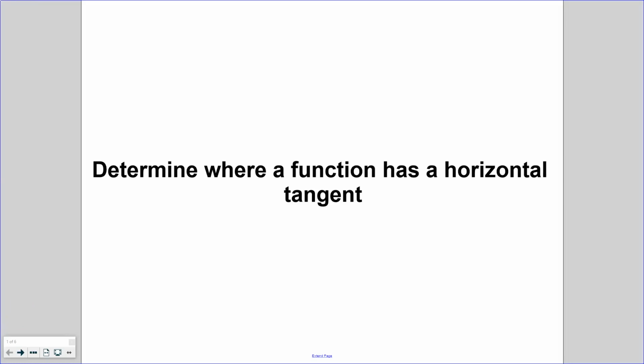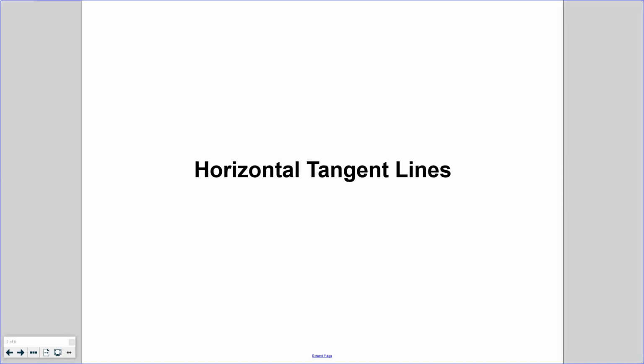Determine where a function has a horizontal tangent. Well, before we can figure out where a function has a horizontal tangent, we should probably do a quick review of horizontal tangent lines. And if we remember back in algebra, we had learned that horizontal tangent lines are constant